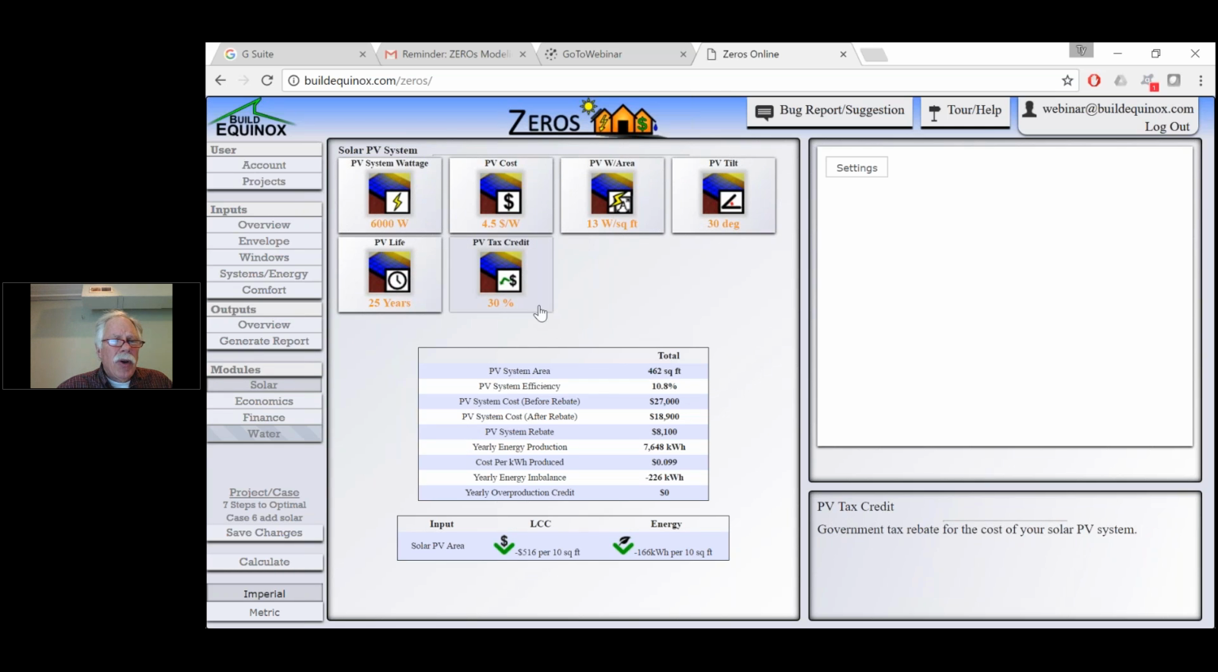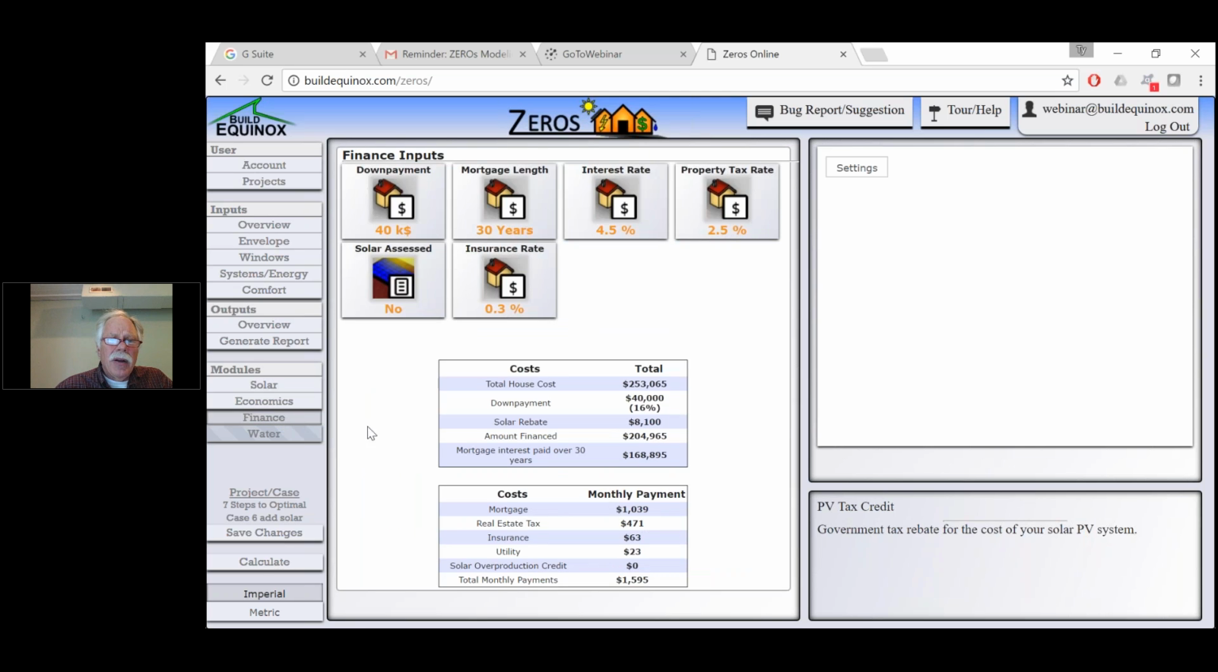We did assume the U.S. tax credit that may or may not be available in the near future. It's not going to matter so much in the future with the cost of solar, but basically this is showing us what our costs for the system are, our net costs, and then that is factored into the financing of the house. As we go back to the solar system,